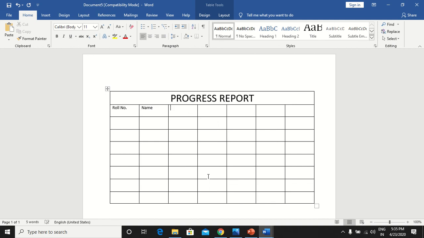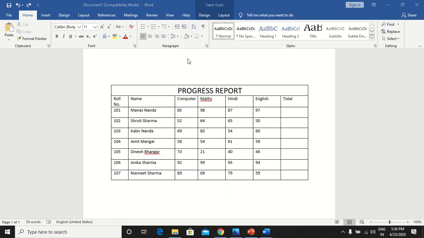Roll number, name, computer, maths, Hindi, English, total. Now you can observe I have inserted all the data.